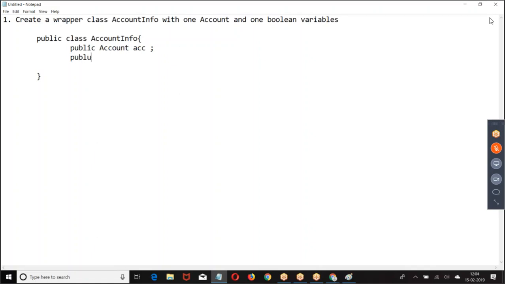Public. Right. Create a object for this wrapper and assign the value.